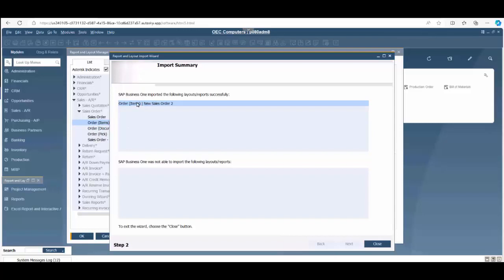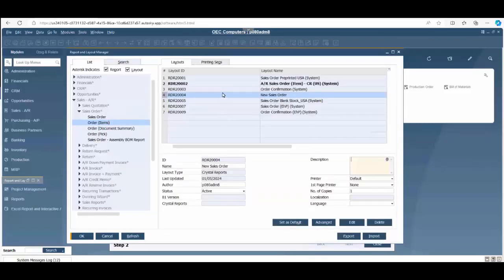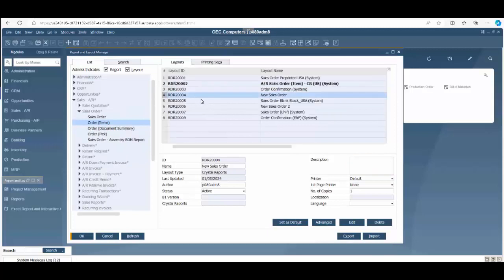And once that loads, it's going to say, has it been done successfully? We can now close this. Now in our Report and Layout Manager, it's going to do a refresh there, and now I have two of them, right? This is my old version, and this is my new version. So let's say I'm testing this one, and I want to validate that it works as expected before I remove the old one. And if I do some validation and I say, hey, this is the one I want to proceed with,